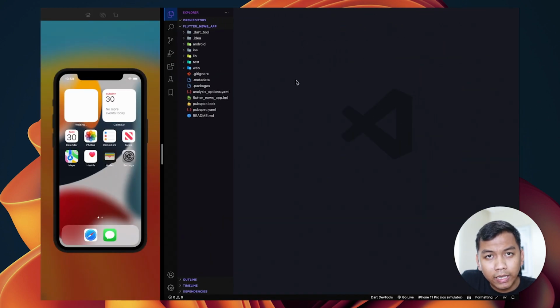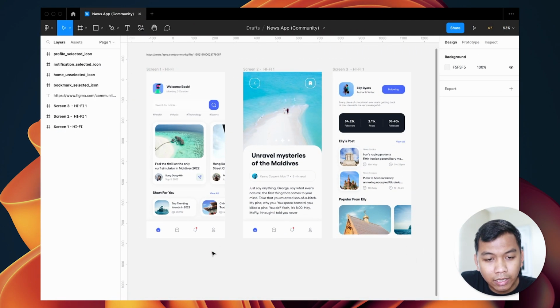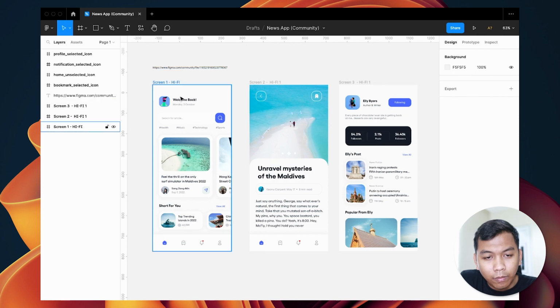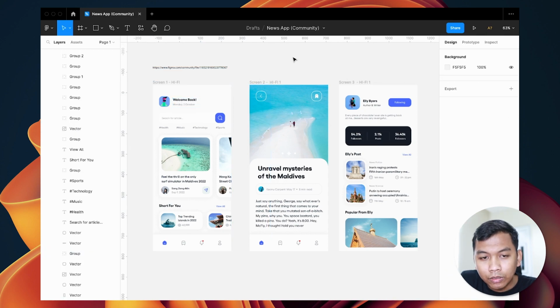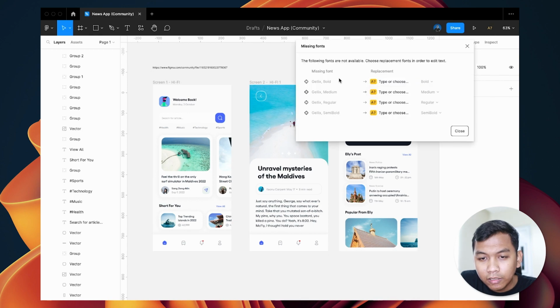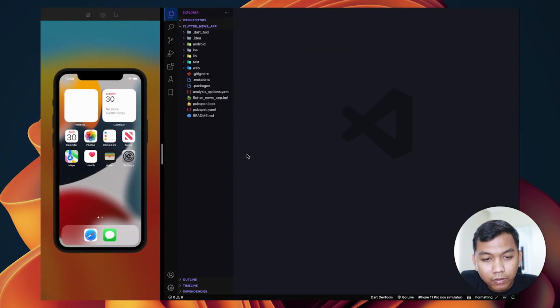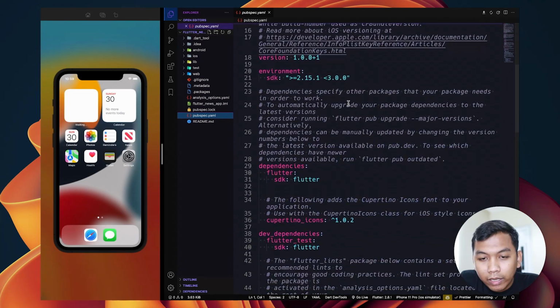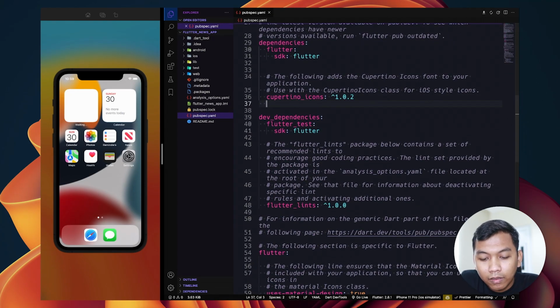Alright, so this is our project, and as usual, this is kind of like a starter project. So let's see the design. Because this project uses a commercial font, I want to replace it using Google Fonts. So first thing first, we need to add dependencies here. The first one is Google Fonts, and I want to set a specific version to avoid errors.